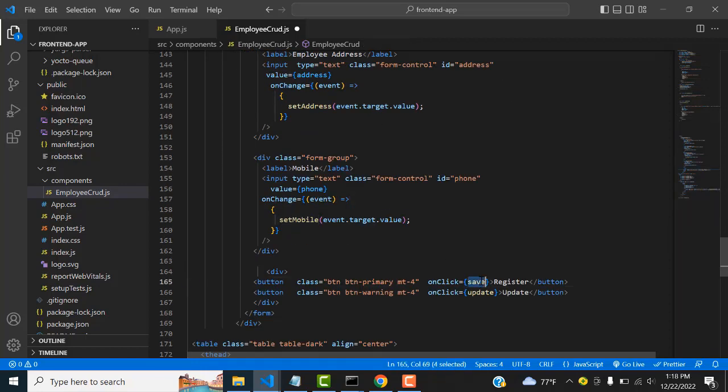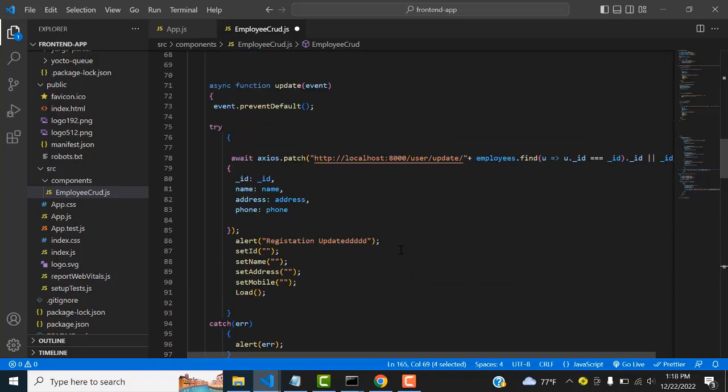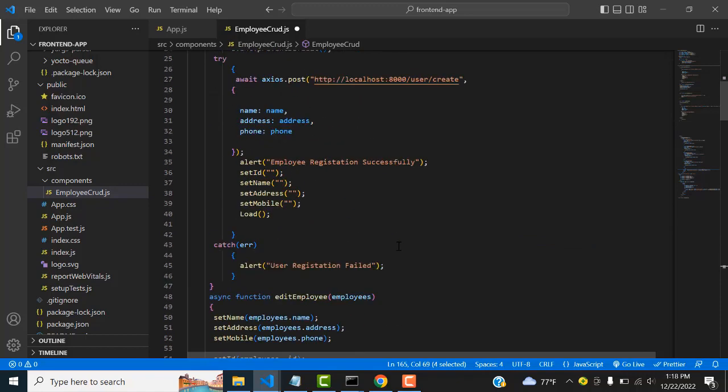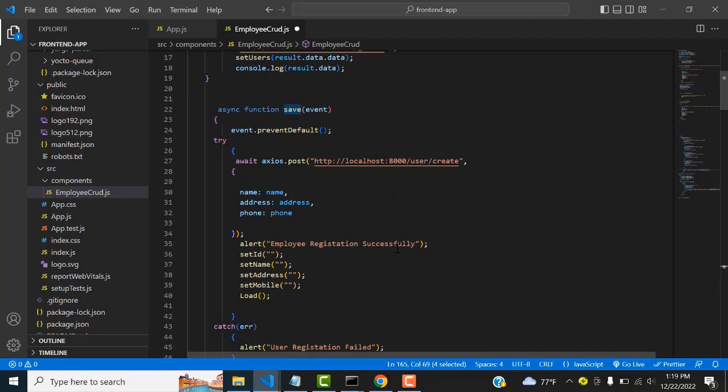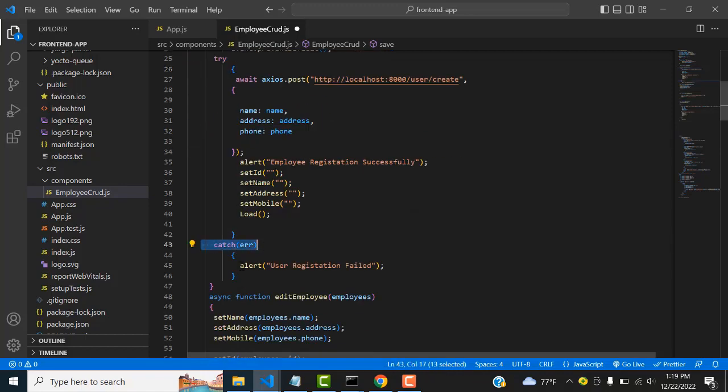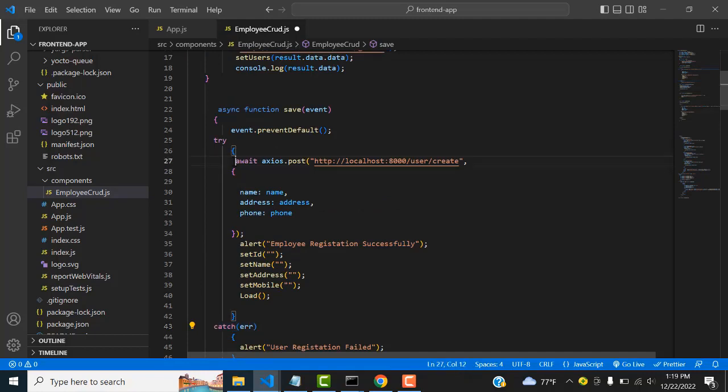After you click the save button, it goes to the save function. This is the save function. Here is the event. This event means when you click the button, there is an event. So the event that works is the click event. You write event.preventDefault. You write a try and catch block to identify the error. Okay. So here you have to write the await